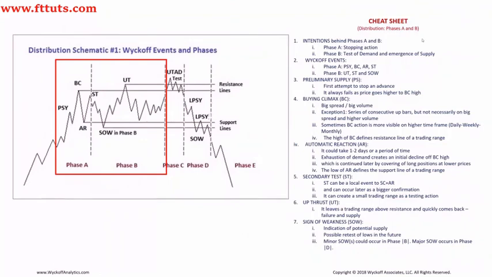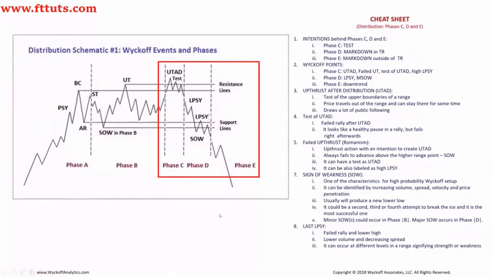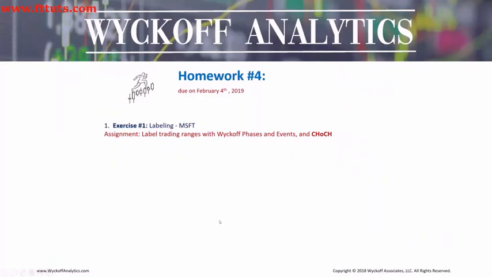Okay, so a couple of other things. So, a cheat sheet on the distribution, phases A and B. This is again something that you need to print out and just keep in front of you, keep in your library, go through all of these points. This is just another way for me to give you this information, and I believe, as a teacher, that if I give you the same information in different ways, one of the ways is going to resonate more. So this is just another way of thinking about this concept. So just go through this by yourself. Phase C, D, and E, and then your homework